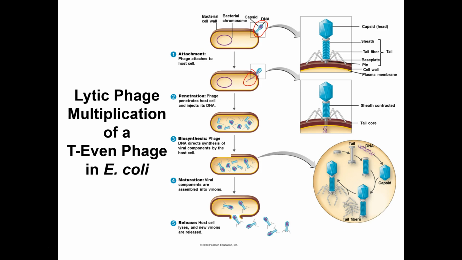Third step, and this is the most complicated for all viruses, biosynthesis. Okay. Virus takes over the host cell, forces the host to make more viral components. Step 4, some books call it maturation, some call it assembly. Assembly makes more sense to me. But like evil little Legos, the host cell is forced to assemble mature viruses. And then the 5th step is release, where the obvious happens. The virus busts out of the host cell, they go out, they find new host cells, and it begins again. Attach, penetrate, biosynthesis, maturation, release.